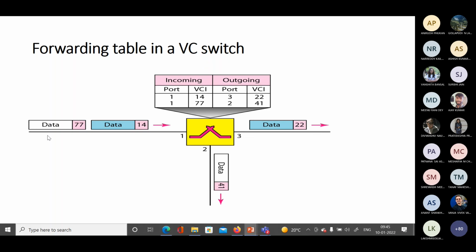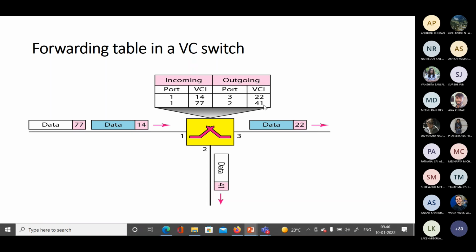Then another packet arrives at this switch over link 1 with a VCI of 77. From the forwarding table, you can see that with this VCI it has to be forwarded via output port link 2. When it is forwarded to output port link 2, the corresponding VCI is 41, as given in the forwarding table.